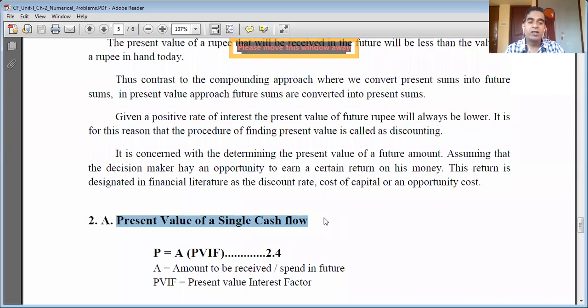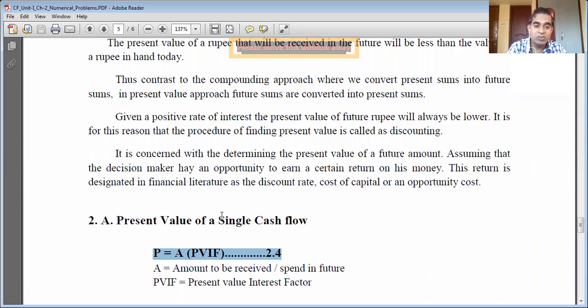So as I said, if someone wants to calculate manually, it will be very complicated, time consuming, and may give scope to errors. So only initially I explained how the same calculations also can be made manually. But henceforth I started directly using an equation given in the textbook. So now we'll go ahead with the equation from the textbook, equation number 2.4, where P is equal to A into PVIF. This equation we use to determine the present value of a single cash flow.